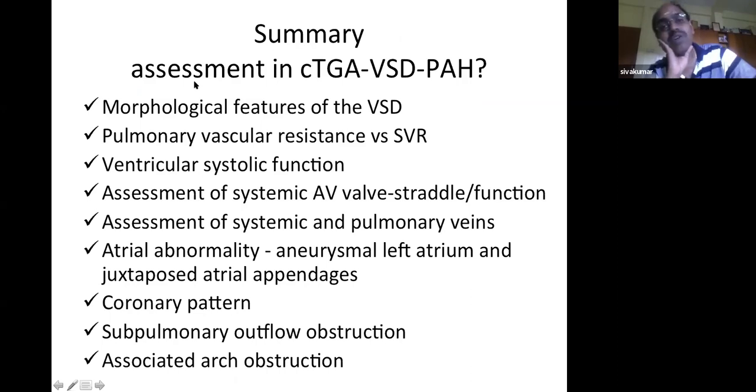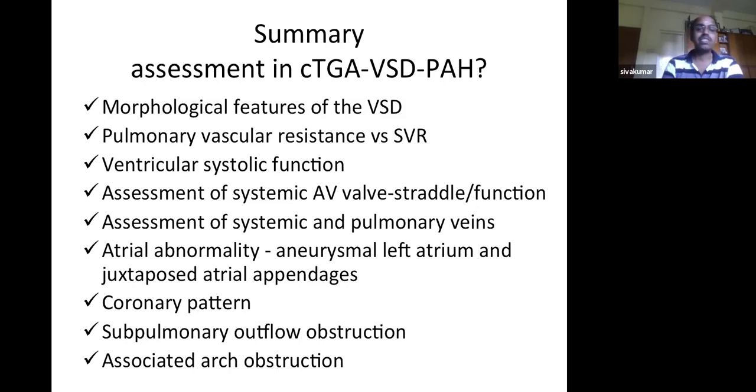So, whenever you are confronted with a patient with a corrected transposition, some of the features that you need to look at are the morphological features of the VSD. Is it the conventional subpulmonic conotruncal VSD, or is it an anterior subaortic subarterial VSD? Assessment of pulmonary vascular resistance, we need to understand that ECGs will not help. Dilatation of systemic right ventricle alone cannot be taken as an indicator. Right ventricle may get dilated just because of RV dysfunction rather than due to large volume overload. And so whenever there is a doubt, catheterization can be performed, which can also exclude additional VSDs.